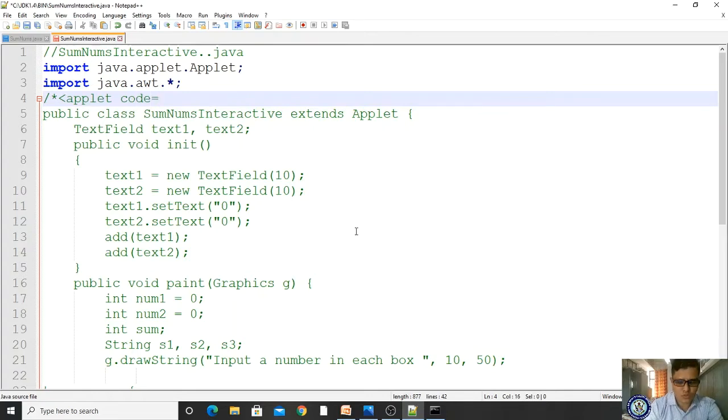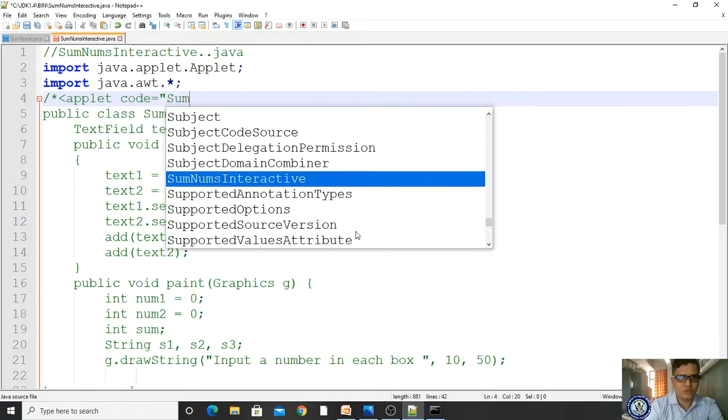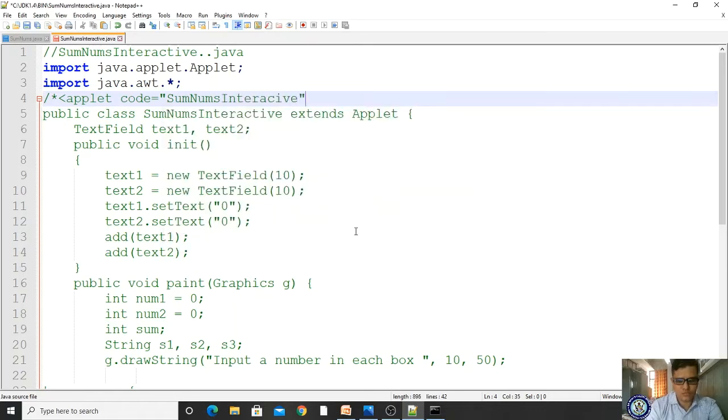applet code. What is the code? SomeNumsInteractive.class is supposed to be there, height is equal to 100, width is equal to 350 and give it. Okay, yes.